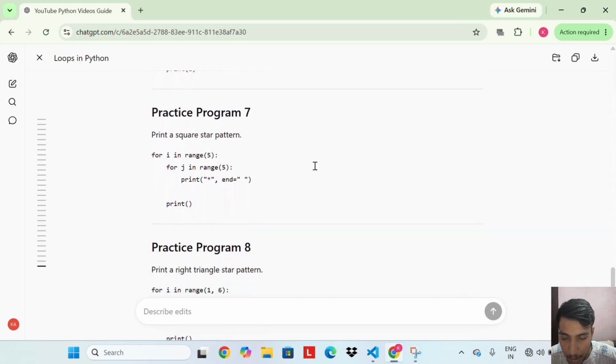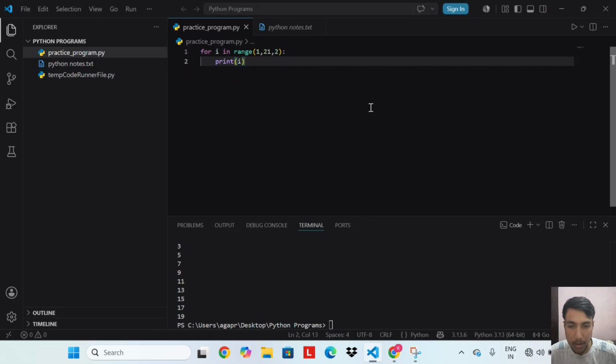Practice program 7. Print a square star pattern. So let's do this.